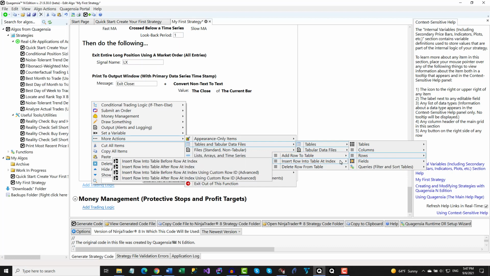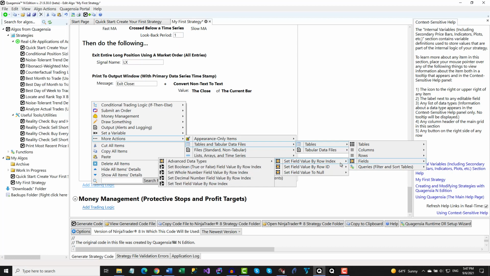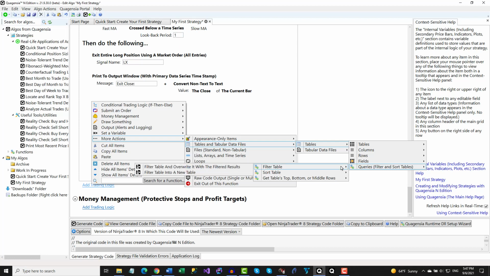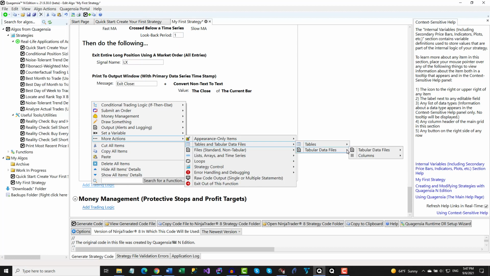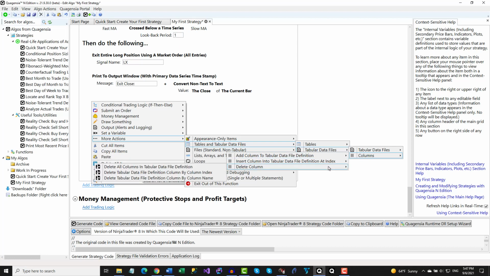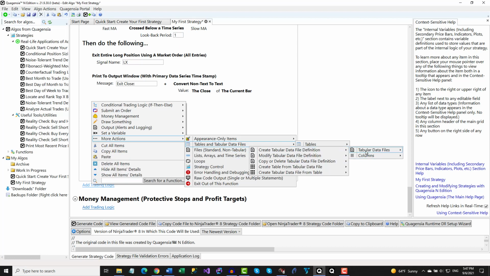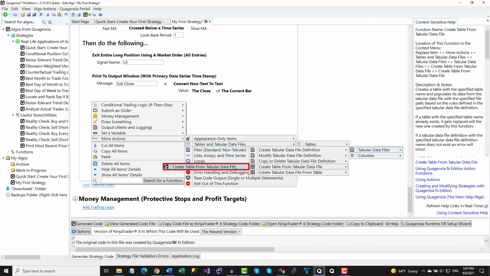If you have valuable data in Microsoft Excel files, a database such as Microsoft SQL Server, SQLite, or MySQL, if you have access to exotic data via Bloomberg Terminal, Refinitiv Icon, or another high-end institutional platform, if you have tabular data output from MATLAB or R, or if you have access to alternative data sources on the internet, it is generally very easy to get these kinds of data into comma delimited, semicolon delimited, or otherwise character delimited data files. And once you do, it is easy to get all of this data, even entire databases of data, into your NinjaTrader strategies by simply clicking choices on the screen in Quagentia N-Edition.